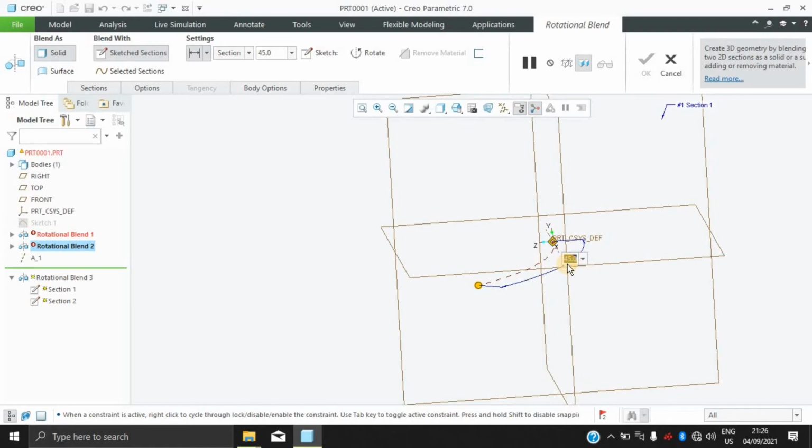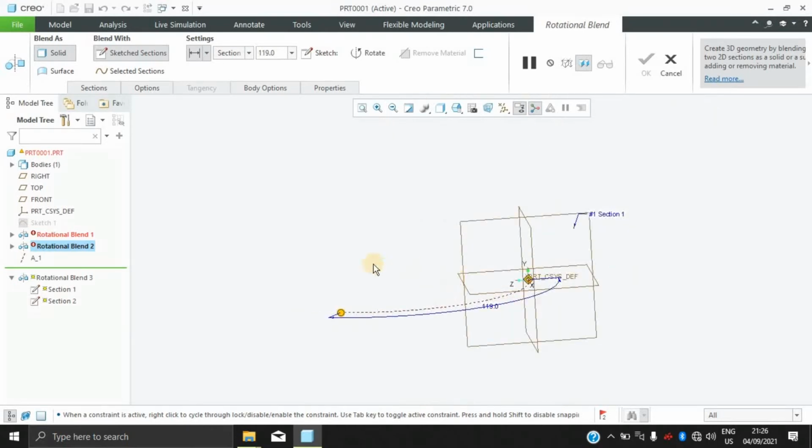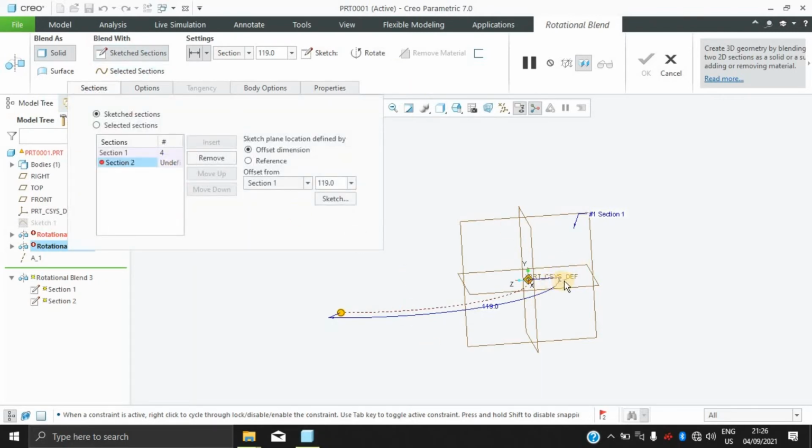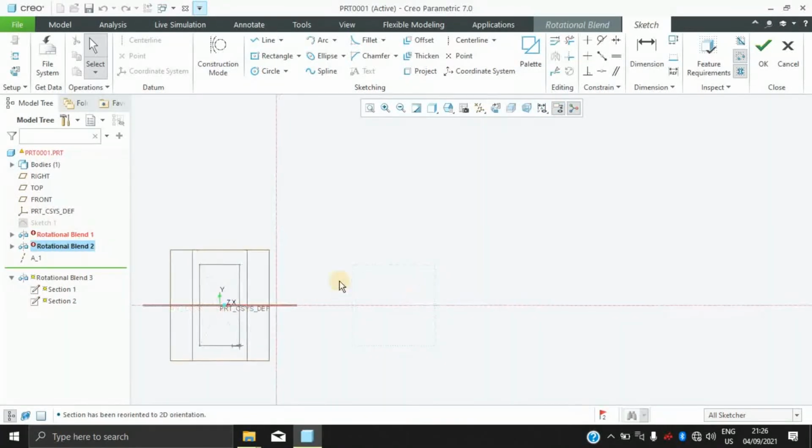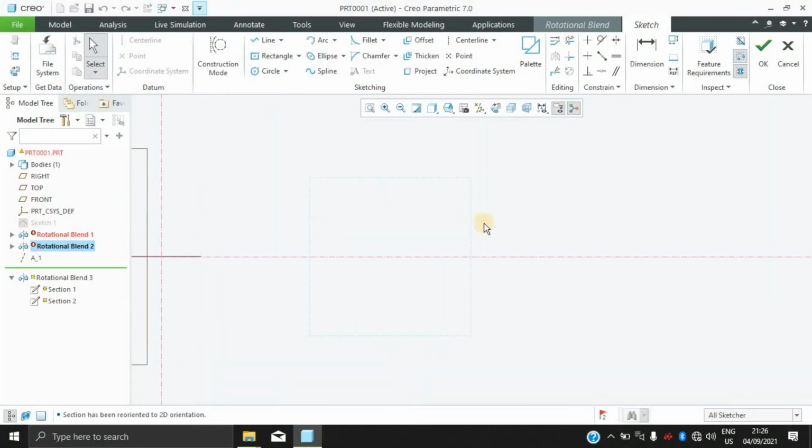Now you can see it has created this circular thing. I want it like 120 degrees. Yeah, 119, because above 120 we can't make it. Now we have completed our first section with the axis and everything. For the second section you have to click on section number 2 over here. Click on sketch. Now you have to click on this to get aligned. Now you can see that there is a small outline which comes over here,